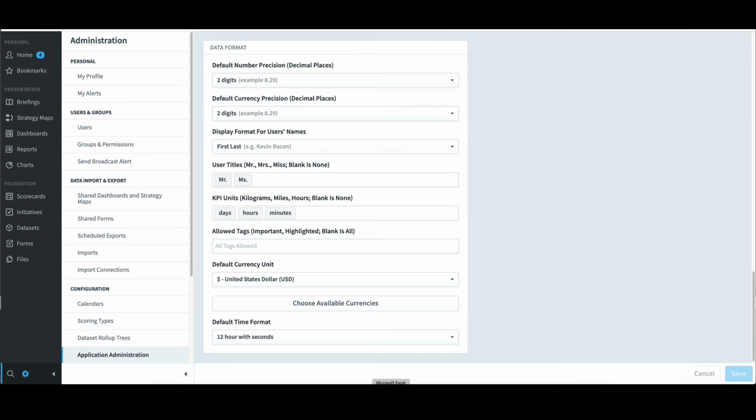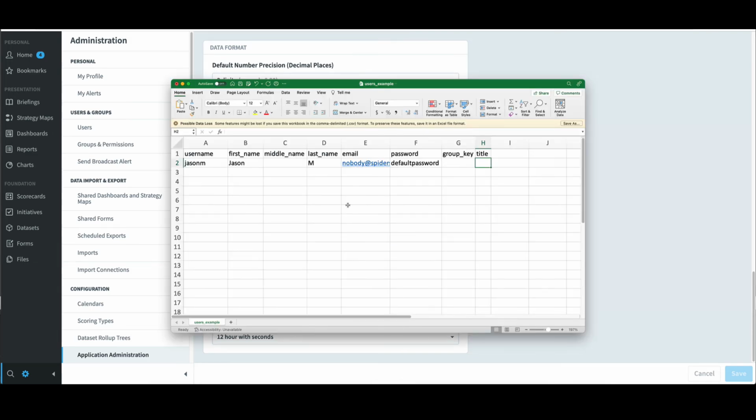I'll go back to Excel, and if I wanted to import Jason automatically to the Power Users group, I would type 5004 for the group key. For title, I would have to type in Mr. or Ms., in this case Mr. for Jason, with the period. I also have the option to just leave the cell blank, and I'll actually do that, and I'll just delete that entry. With that, I'll click Save,